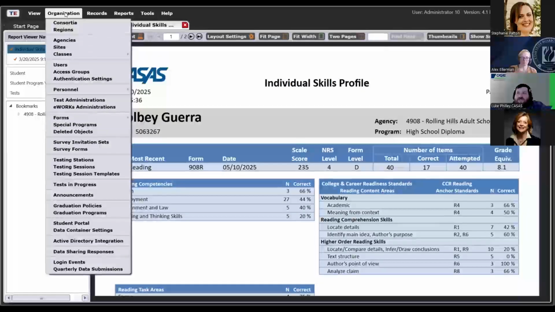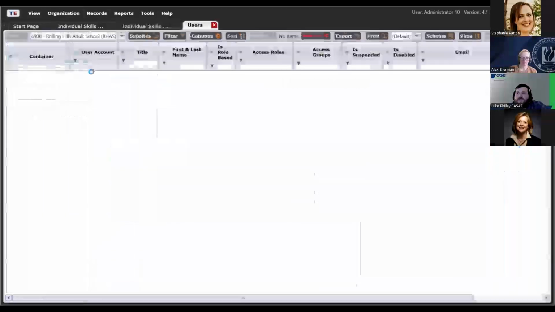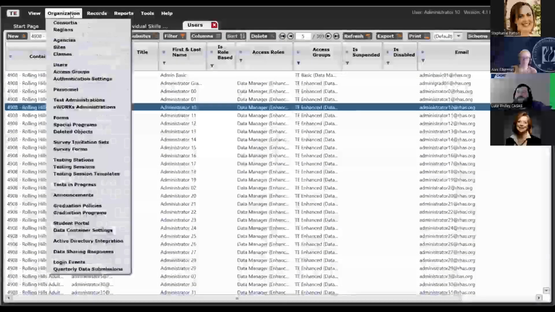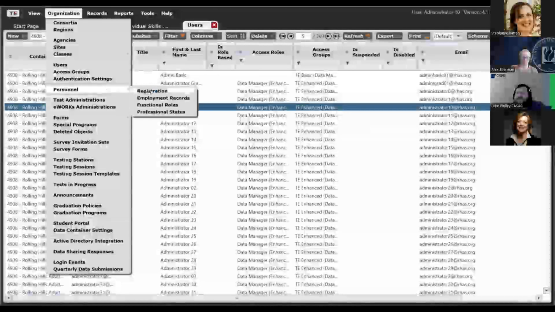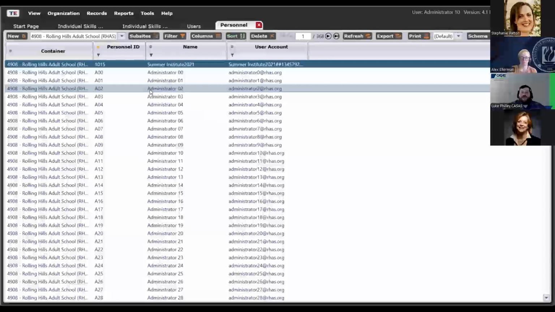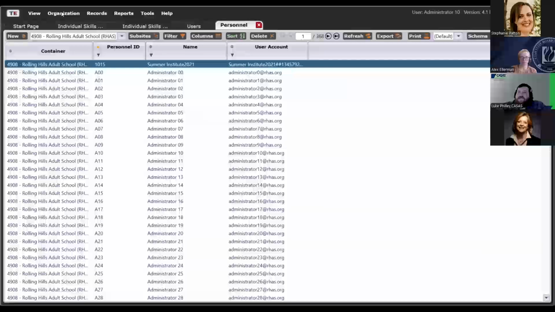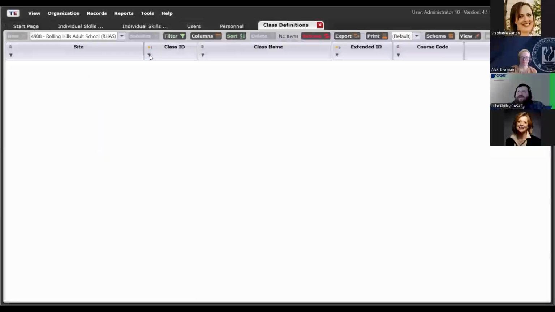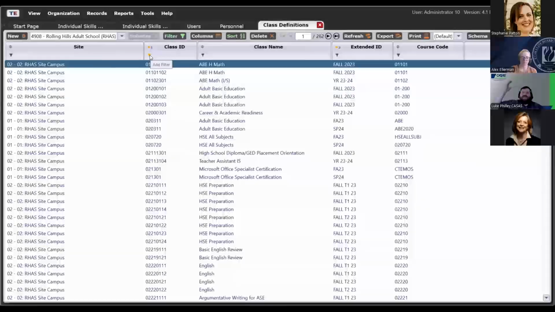I'm not going to go over them. Essentially, organization users, you've got to have a user account with the proper access. You then have to have organization, personnel, registration. This is where your teacher account and personnel come in. So the user will be linked to the personnel record, and then they're going to have to set up a class: classes, definitions, instances, and then that personnel record is linked to that specific class. Once you set up those three things,